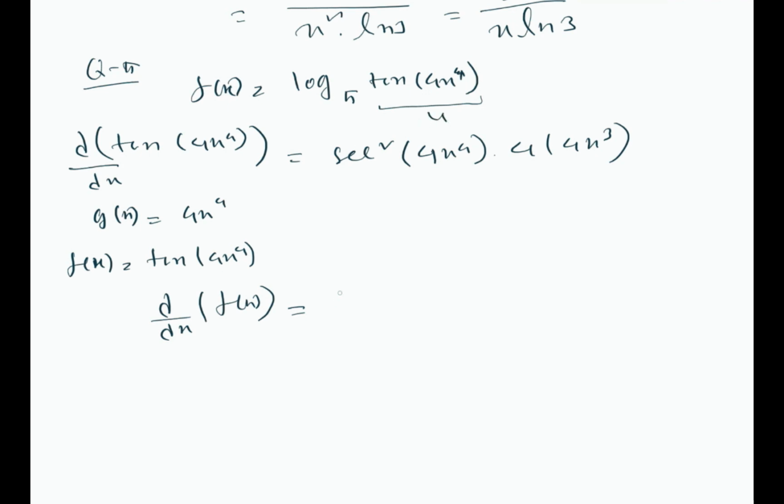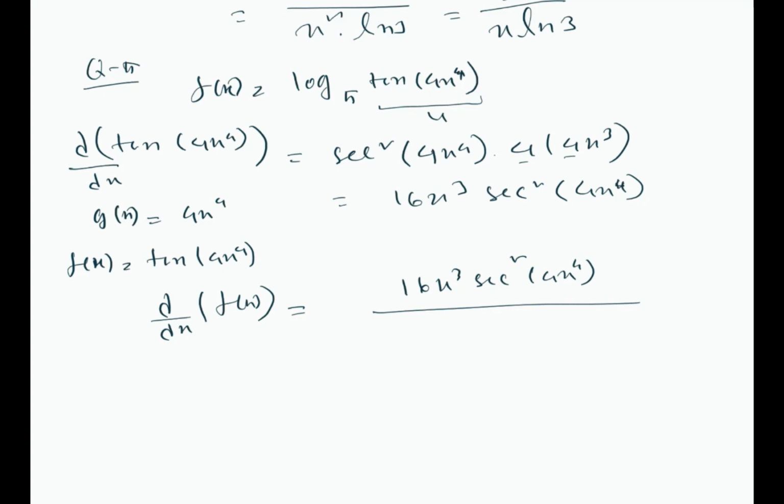So the derivative of u is actually 4 times 4, which is 16 x to the power 3 sec squared of 4x to the power 4, right? So this is u prime. So I can write 16x cubed sec of 4x to the power 4 to the power 2, divided by,